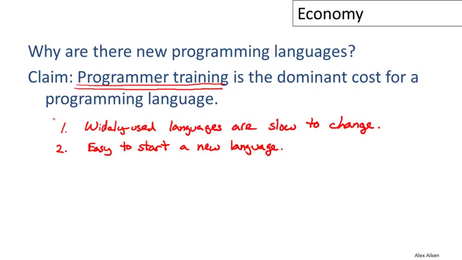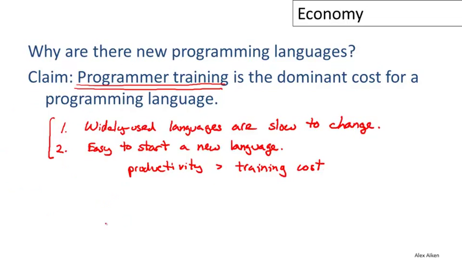And there's a tension between these two things. Okay. When is a programmer going to choose between a widely used existing language that perhaps doesn't change very quickly and a brand new language? Well, they're going to choose it if their productivity exceeds the training cost. So if they perceive that by spending a little bit of time and money to learn this new language, they're going to be much more productive over a relatively short period of time, then they're going to make the switch. Okay, and so when is this likely to happen?